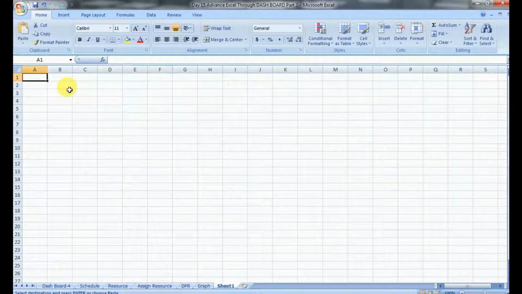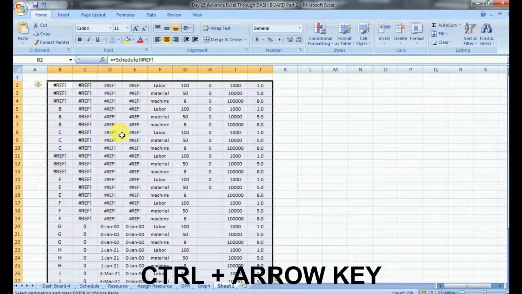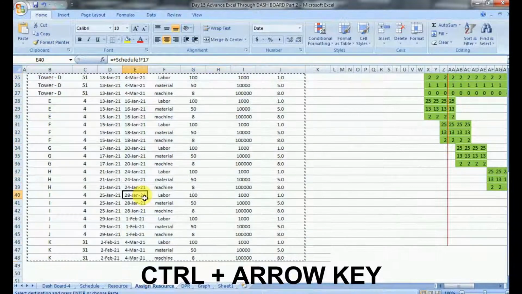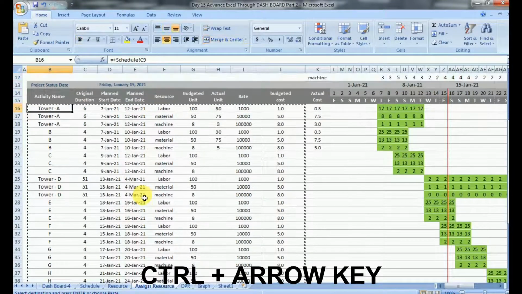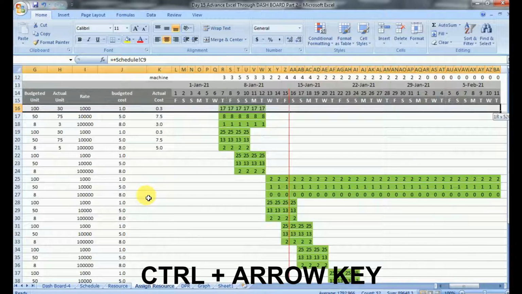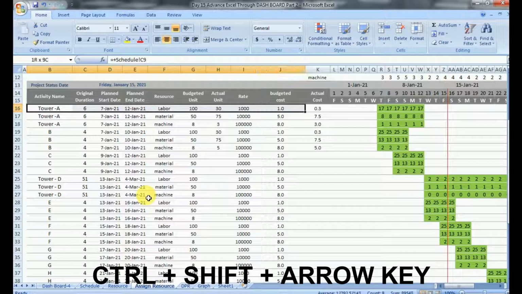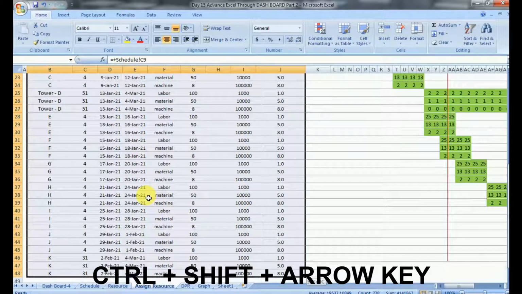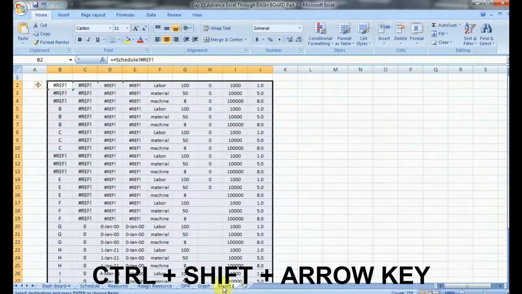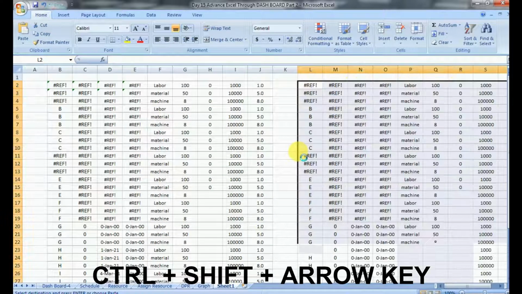For that, Excel has provided another shortcut, that is Control plus arrow key. So when we press Control plus arrow key, let's see what happens. We suddenly move to the last data of that row or that column in the direction of the arrow key pressed. So using both of these shortcuts together, that is using the Control and the Shift button together along with the arrow key, will allow you to select the entire data within a fraction of a second. So we first selected the row, and then using the Control button, we also selected the entire column.